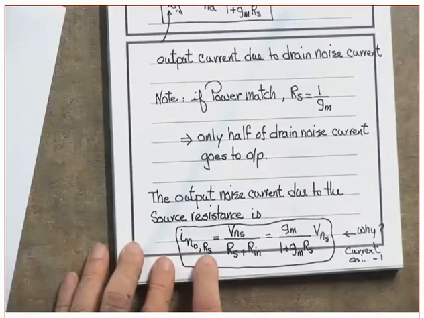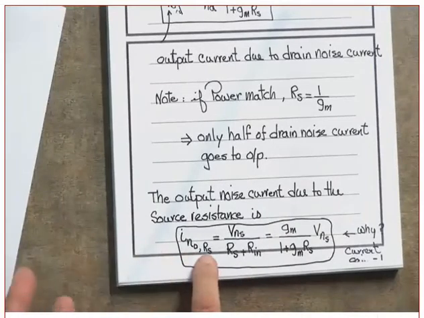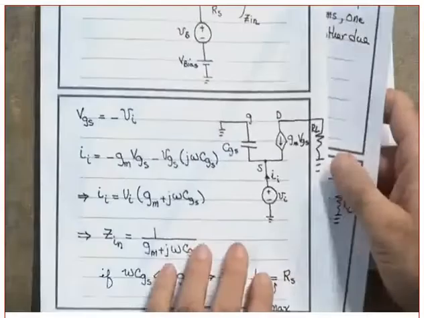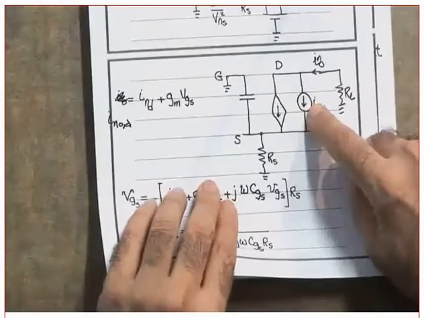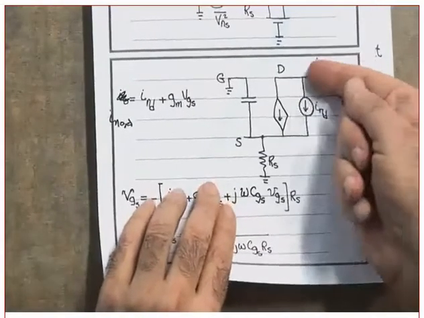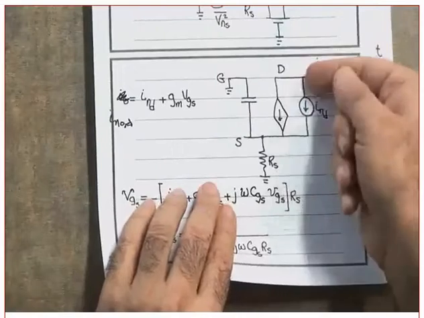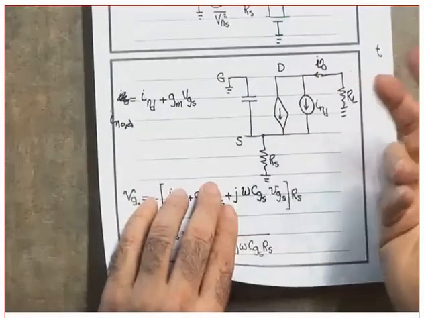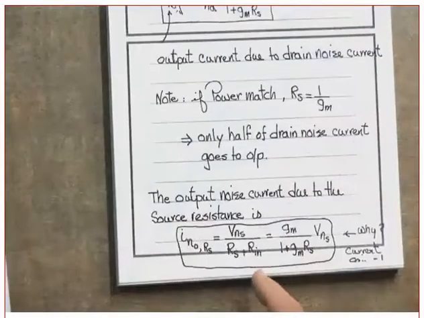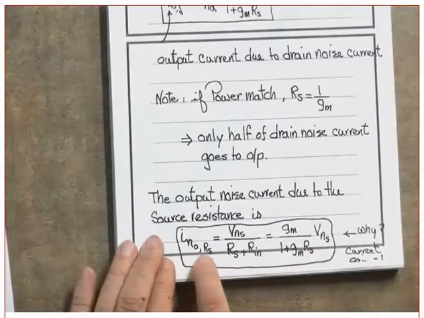I_NO,RS. What is this? What do I do to this, first of all? Open circuit. Yes or no? What will the current be if you open this? It's gm VGS. Yes? So I_NO,RS is equal to